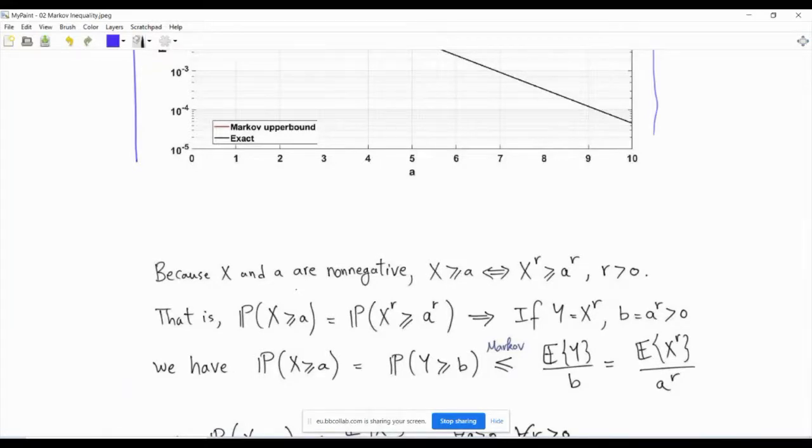assuming that, for example, we know a higher moment of the random variable x. Okay, so here is the trick. X is a non-negative random variable as before. A is a positive parameter, and also we are interested in the probability of this event that x is greater than or equal to a. Now, if x is non-negative and a is positive, then x is greater than or equal to a if and only if x to the power r is greater than or equal to a to the power r, right? So you don't have just to work with x greater than or equal to a, you can just raise this to some power.